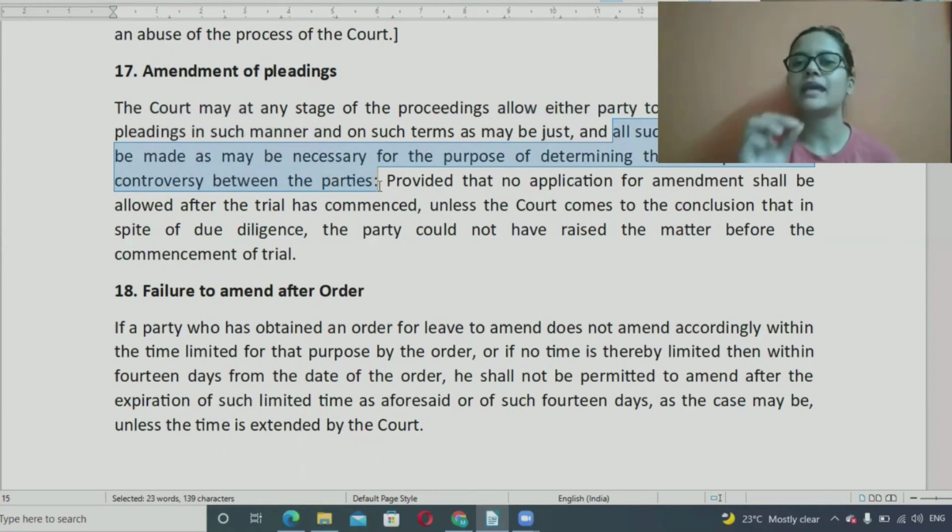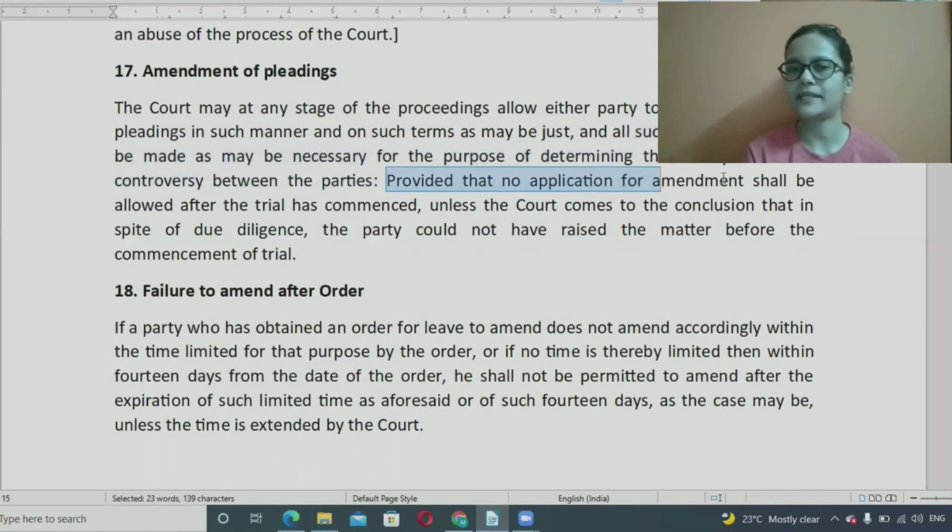It might make sense to make those changes because the proper question that parties wanted decided is not being highlighted. In such cases, the court would allow that, okay, fine, you can make these changes in your pleading as well,